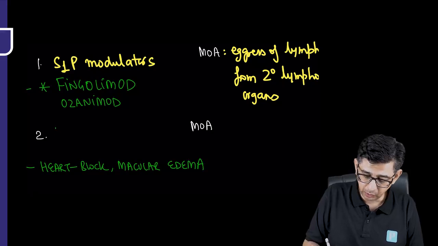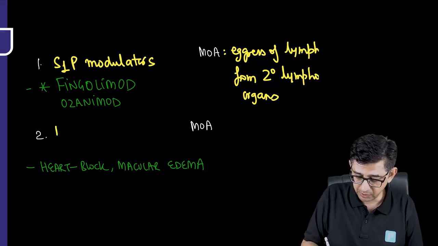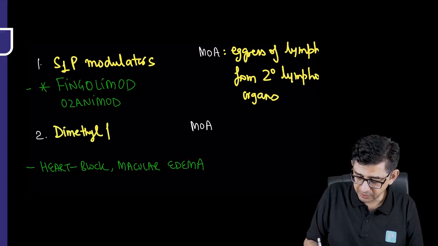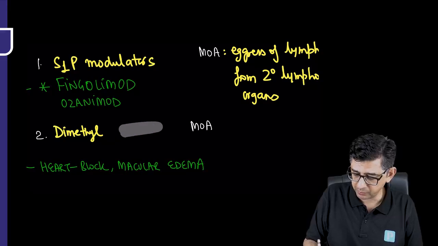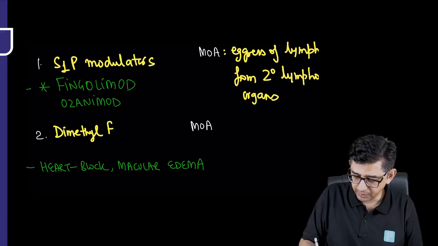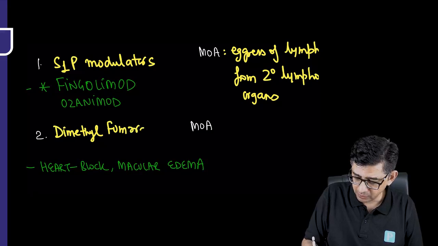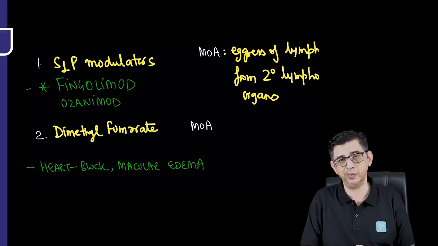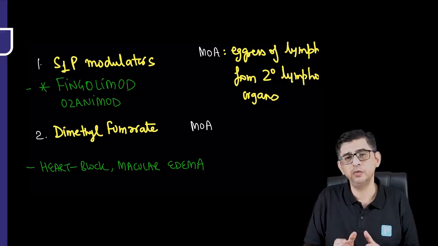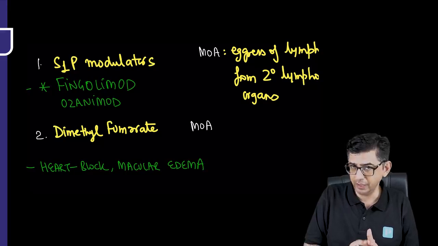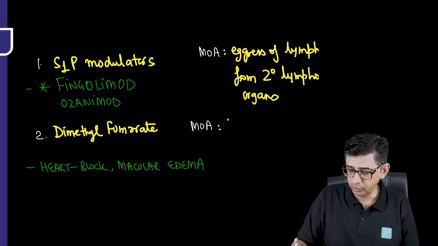And then another molecule that can be used for management of this condition is DMF, that is dimethyl fumarate. We traditionally read about this molecule. Fumarate looks like a very familiar molecule from the biochemistry perspective. So the mechanism of action of this drug as well is more from the biochemistry perspective. How this drug will work is it will modulate the release, or inhibit the release, of the